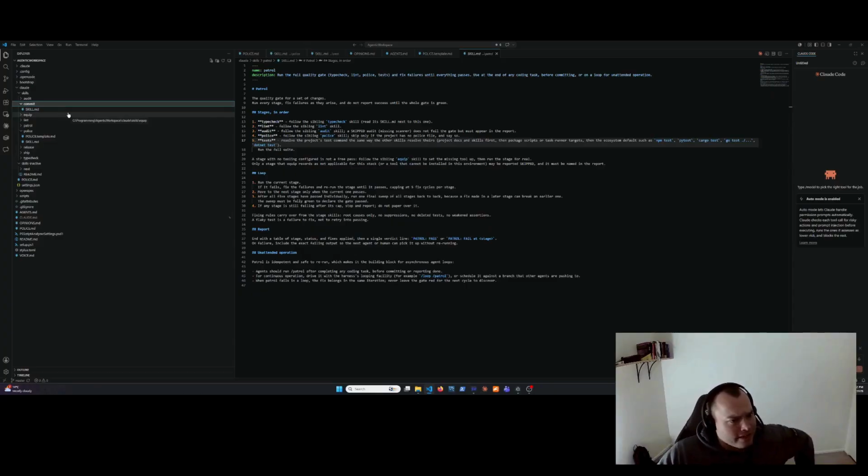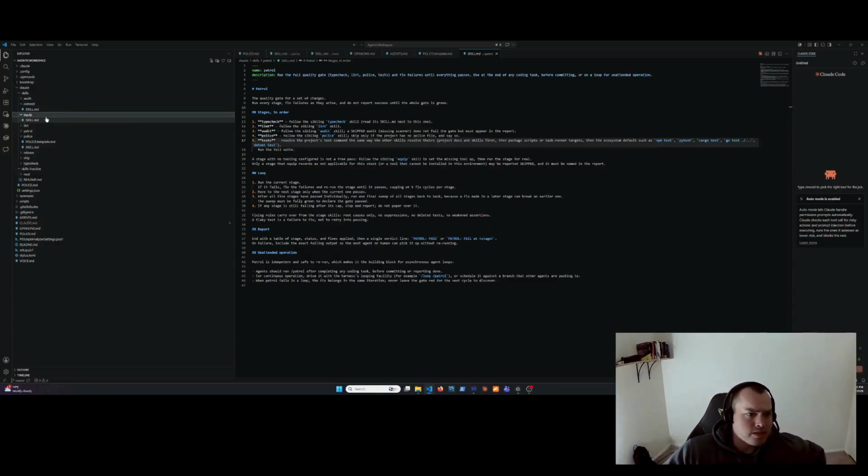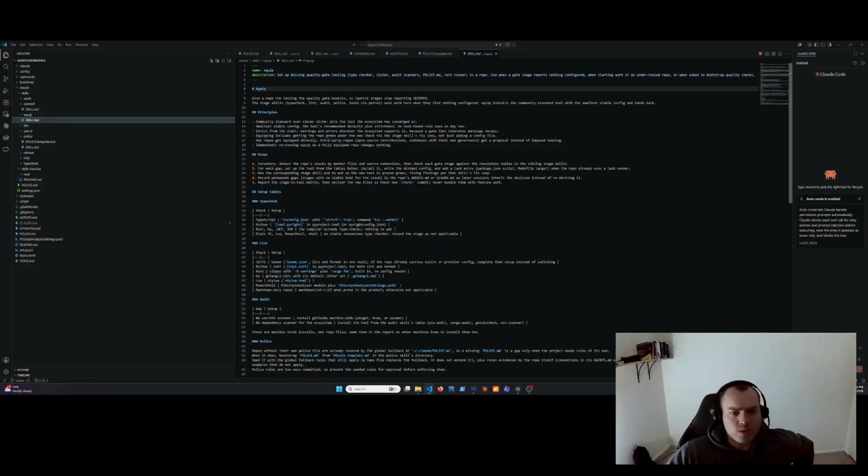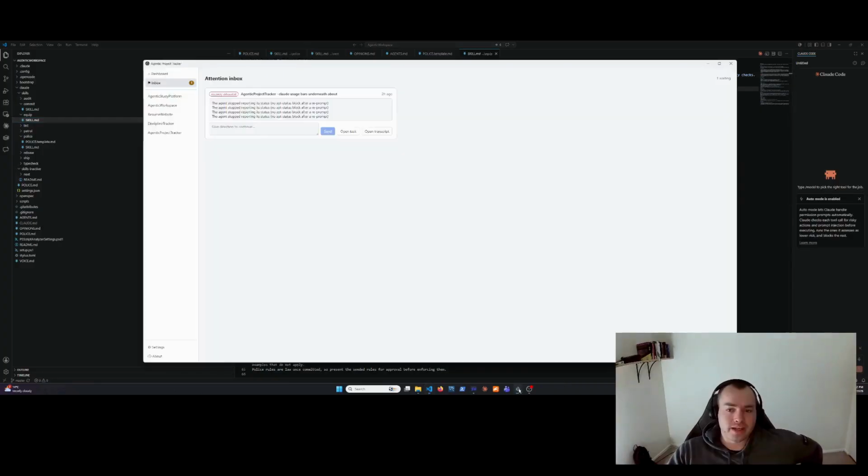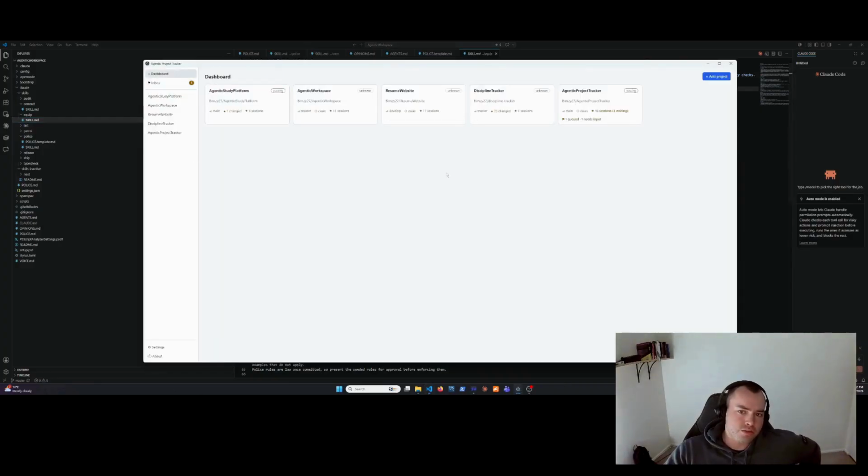Now the final little step to this puzzle, I've got this equip skill. So what equip does is we have, let's say, different projects, right? So if I'm making this dashboard here and I've got 5 different projects, each of these projects, after having gone through their initial design and architecture phases, and where I've established the tech stack requirements for that specific project and pushed out the first commit to set it up and get the scaffolding right, we now